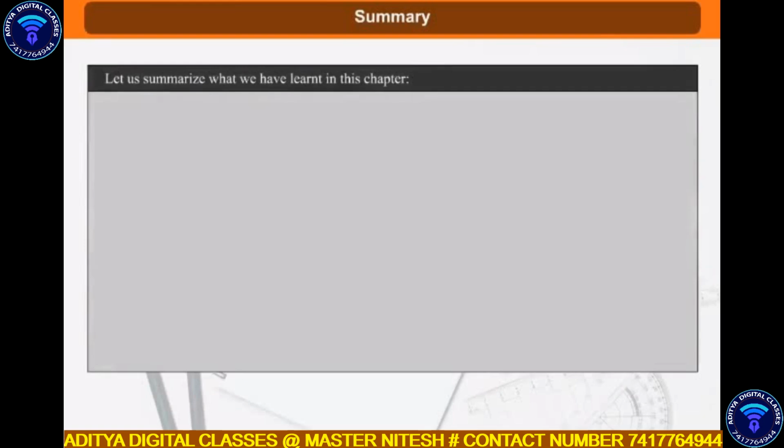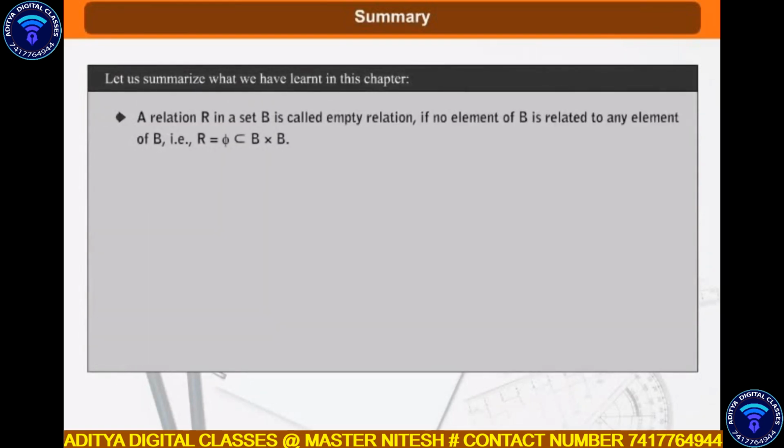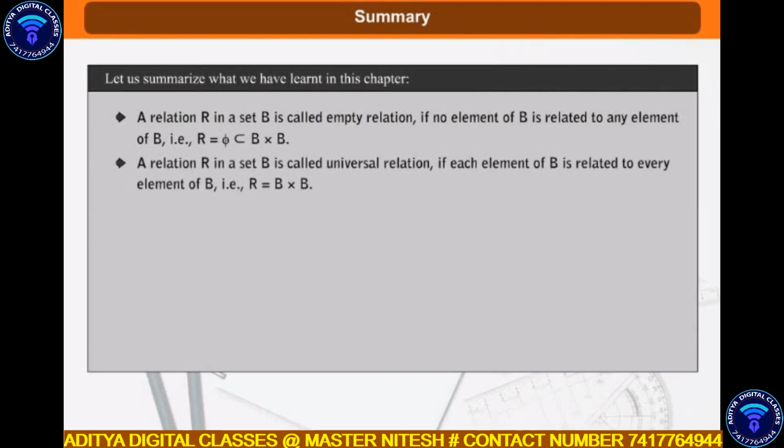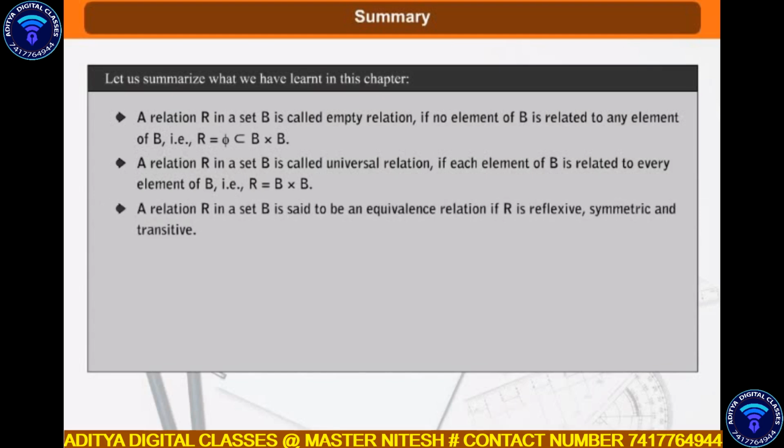But let us summarize what we have learnt in this chapter. A relation R in a set B is called an empty relation if no element of B is related to any element of B, that is, R is the null set, being a subset of the Cartesian product of B and B. A relation R in a set B is called a universal relation if each element of B is related to every element of B, that is, R is equal to the Cartesian product of B and B. A relation R in a set B is said to be an equivalence relation if R is reflexive, symmetric and